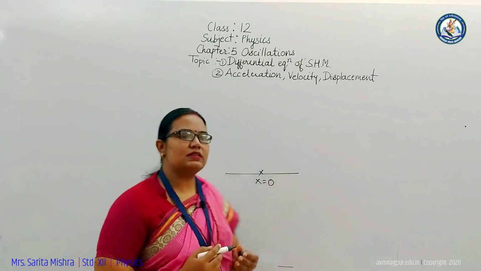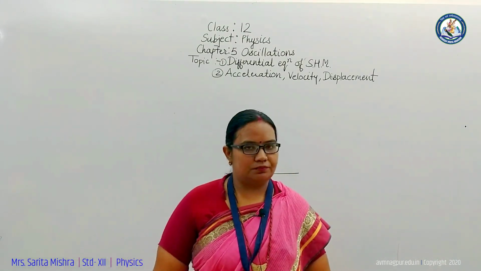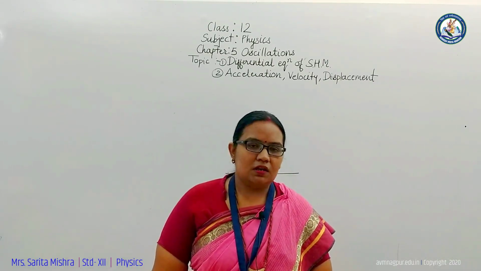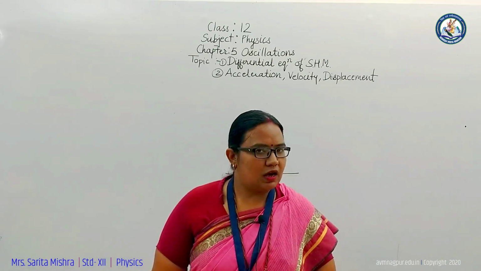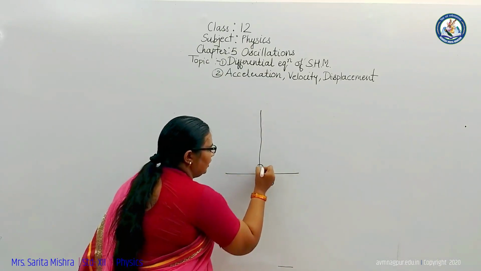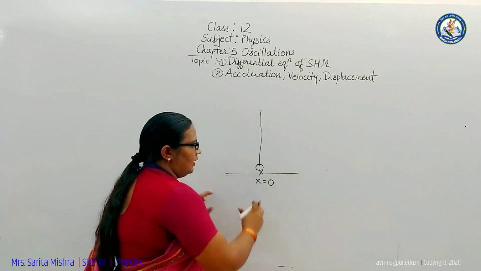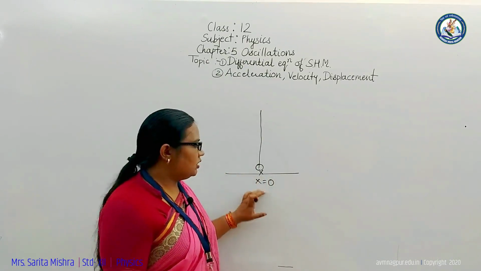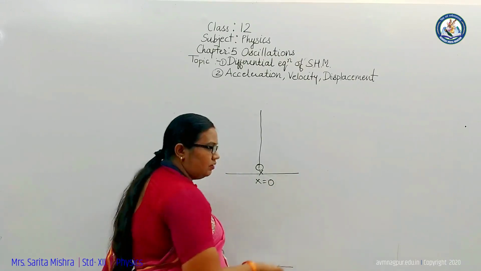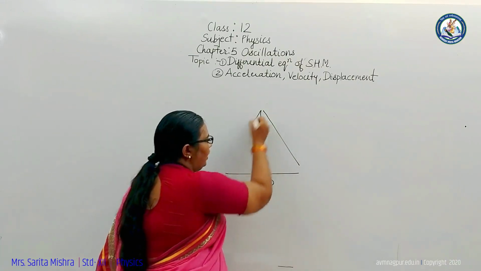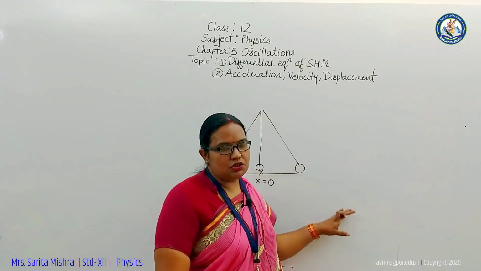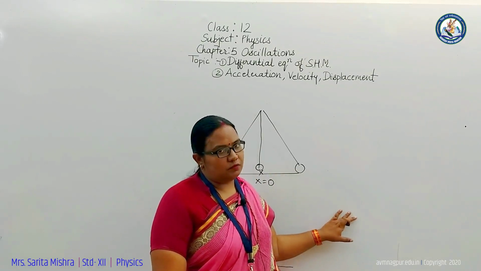For example, when we see the oscillation of a pendulum, the motion of the oscillation of a pendulum totally gives the idea about simple harmonic motion. How? Let's see. Initially, for a pendulum with this bob and this string, at time t equals 0, the position is x equals 0 and this is the mean position. When we swing this pendulum, the to and fro kind of motion, its oscillation gives the idea about simple harmonic motion.